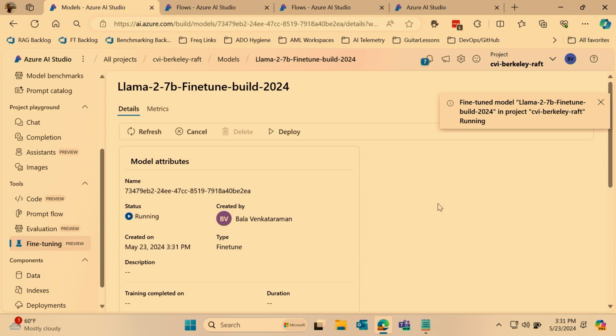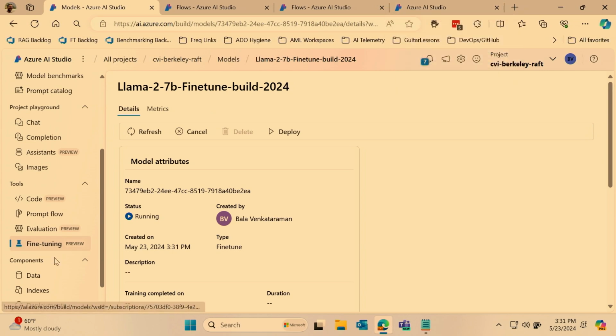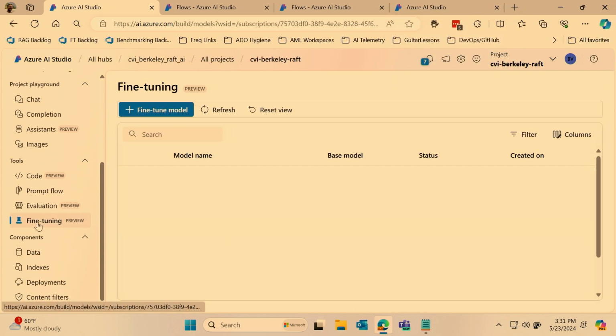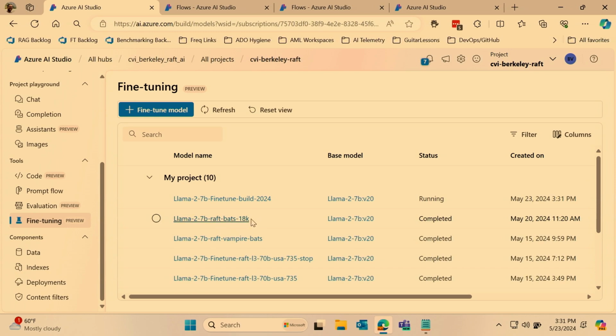If you run it on our full database, it took around 2 hours to run. Yes. For the fine-tuning job? 1 hour and 2 hours, depending on the job. So once this one finishes running, you will be able to deploy it from here. Your model will start showing up.